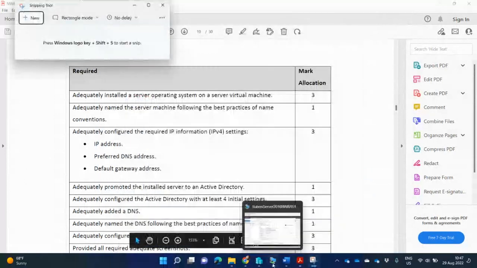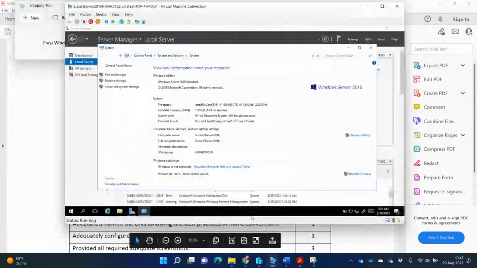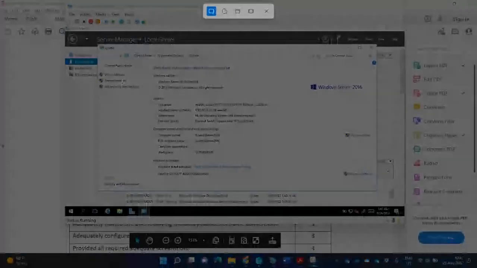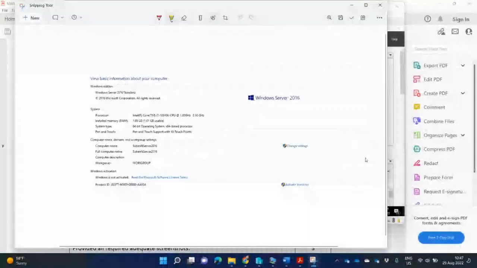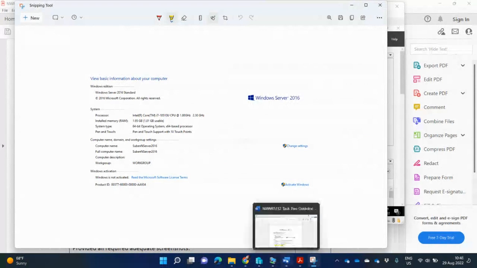I can click on my server, and then I can click on a new snip. And then from here, I can take a screenshot that is showing me, in the screenshot, it shows me the operating system has been installed. It gives me some system information, and it also shows me the computer's name. Okay, so I can then take the screenshot and I can go into my Word document, and